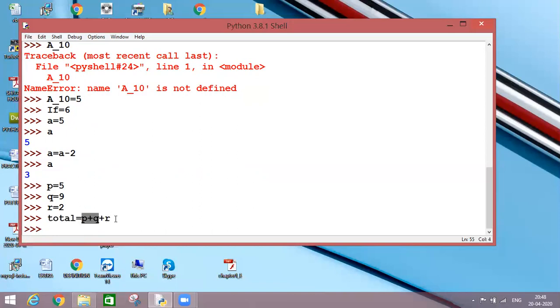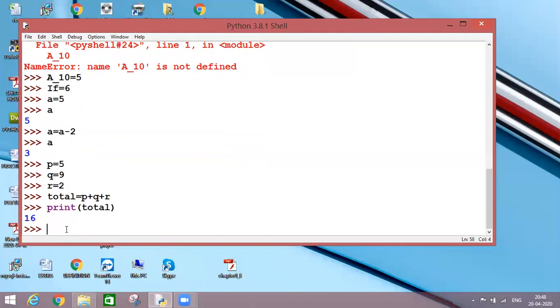So my R value will be calculated as the addition of all three variables and will go and be stored into my L value, which is known as total. Basically, total is also my variable name. So let's see how much we get. I am printing my total variable and I'll get the result as 16.